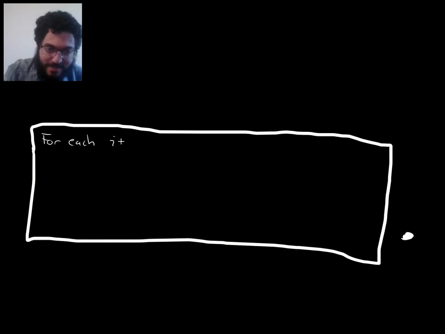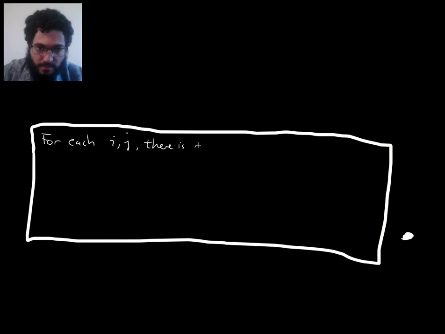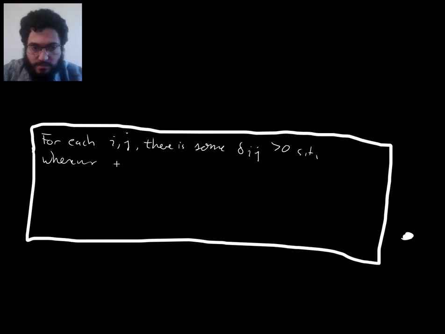For each ij, you know where the ij's are coming from, there is some delta ij greater than 0, such that whenever y is in a delta ij ball centered at x,